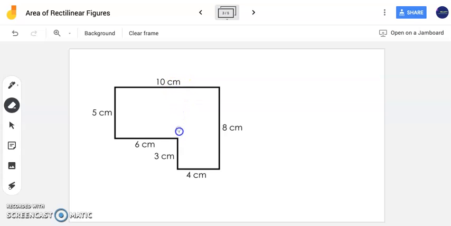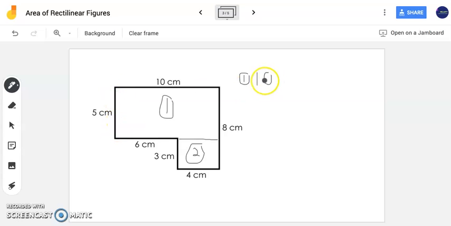They're both correct. Now, I'm going to go back to this one here, and I'm going to now label this as figure 1, and I'm going to label this as figure 2. Now, I'm going to find these two areas separately and then combine them at the end. So on the side of my paper, I'm going to write out figure 1. That way I know what I need to do to find the area of figure 1. I'm going to look at my length. My length is 10, and I'm going to look at my width. My width is 5,